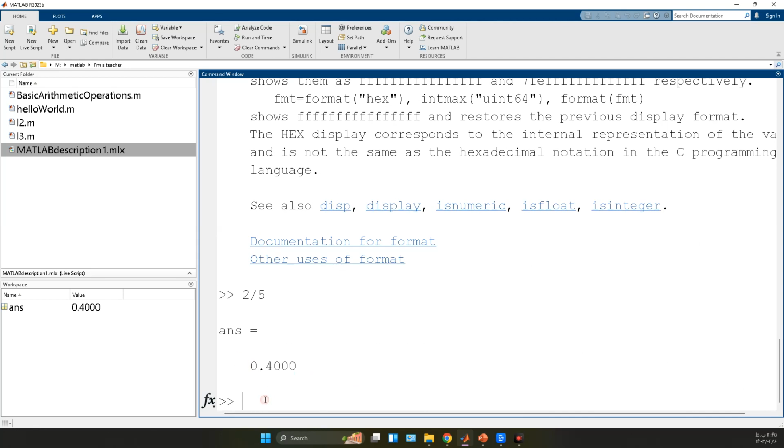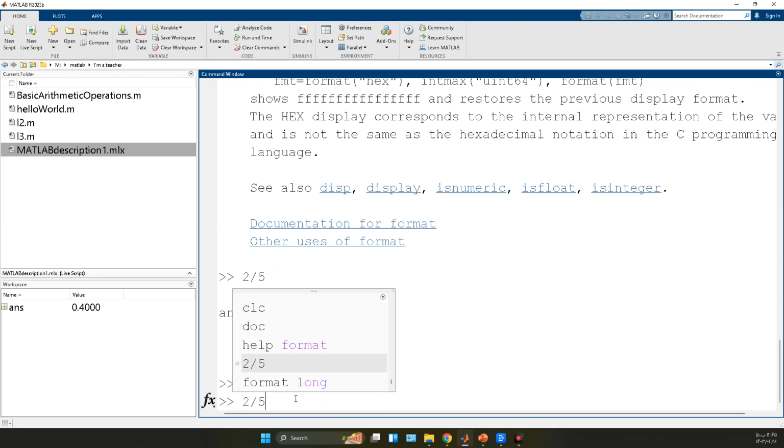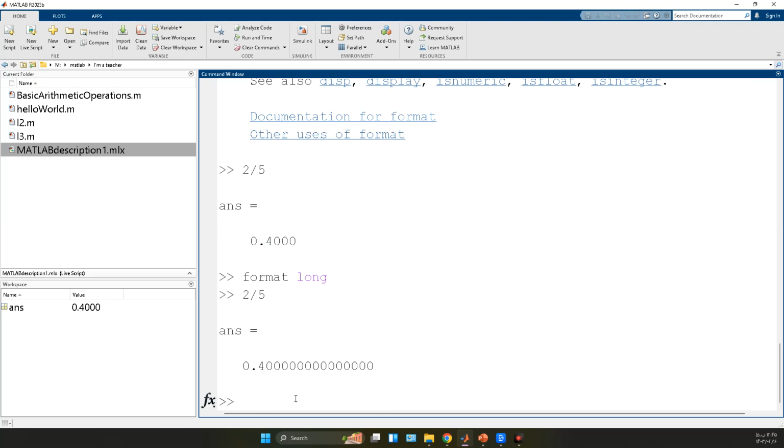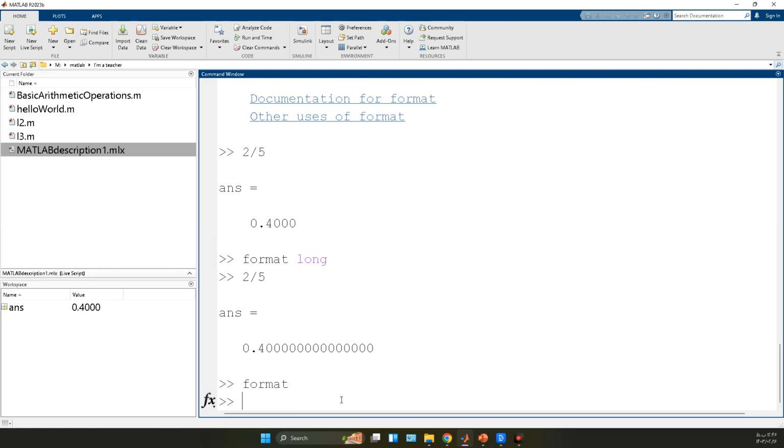It is format short. I want to increase the decimal part. I use format long, and again you can see it has increased. If you want to change it to the default one, you can just type format, press enter,